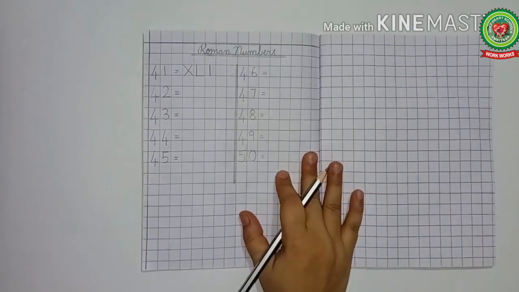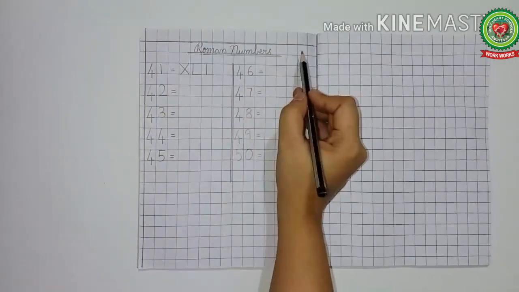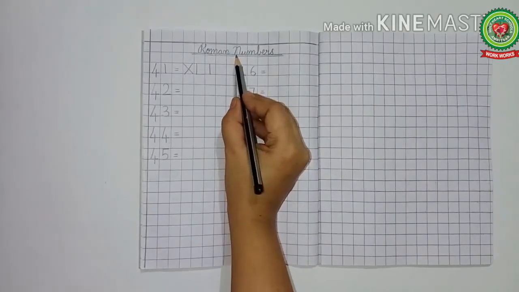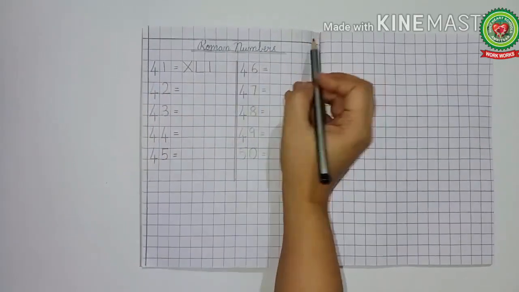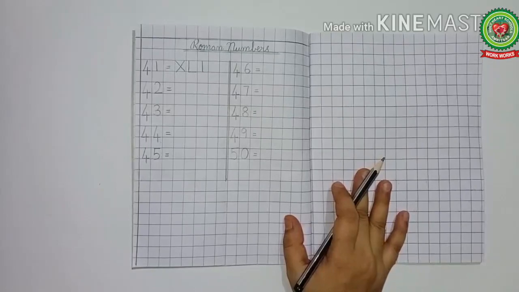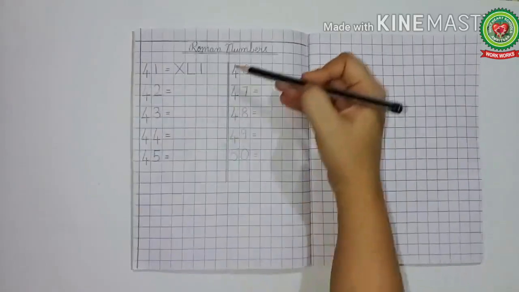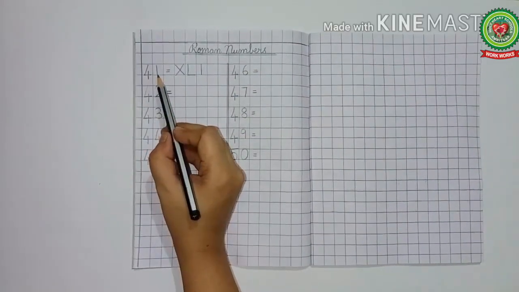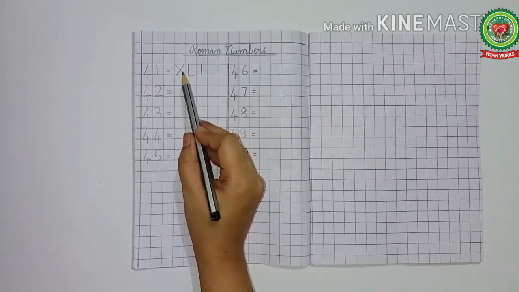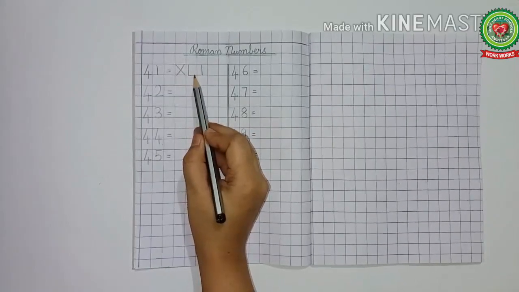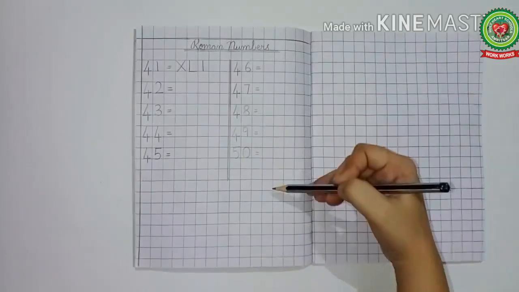Kids, can you see how I have done the copy work? Now, first of all, you will draw the margin line. Then you will write the name of the topic. Then over here you will write the date on which you are doing the homework and classwork. So I have shown you how you will do it on the copy. See, like this, you will make 2 columns. You will write the Hindu numerals first, 1 letter in 1 box. And then in front of that you will write the Roman numerals. And also in Roman numerals, 1 symbol in 1 box. In the same way as I have done one for you, you will do the rest of it.